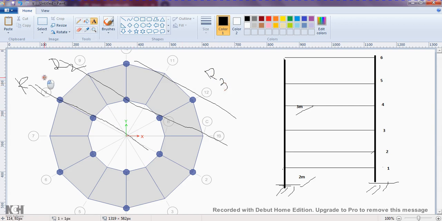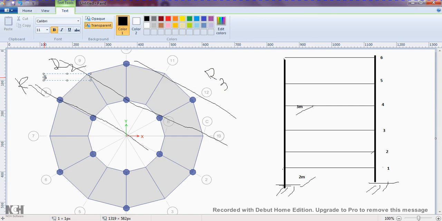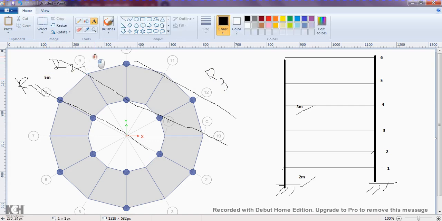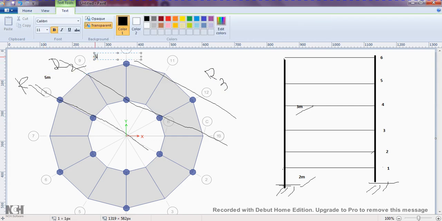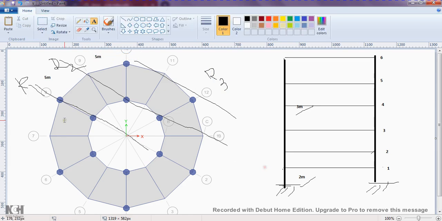From here to here it is 5 meter. From R2 to R3 is also 5 meter. So I want three circles like this, this is my middle point, and you have to give the 3 lines. So we need to go for radial lines 1, 2, 3.